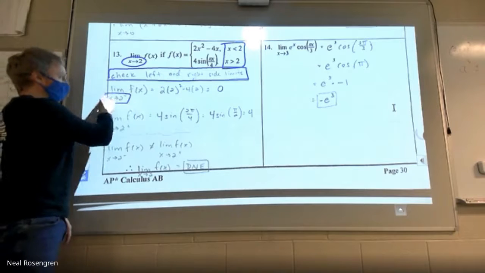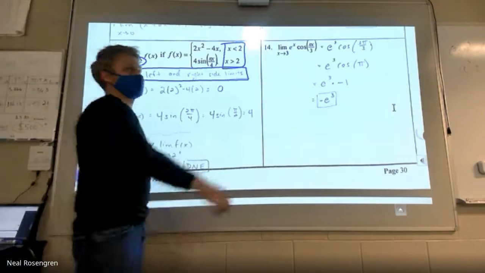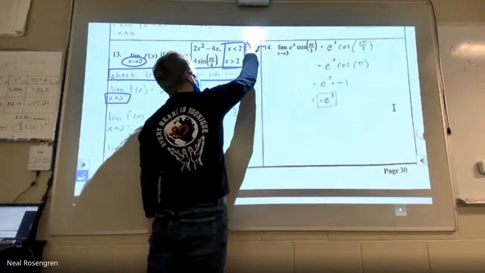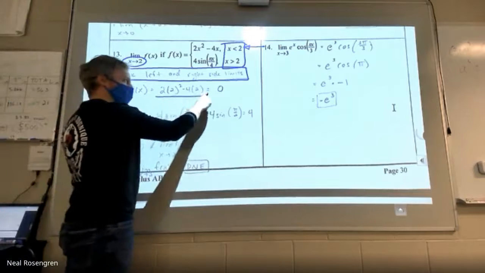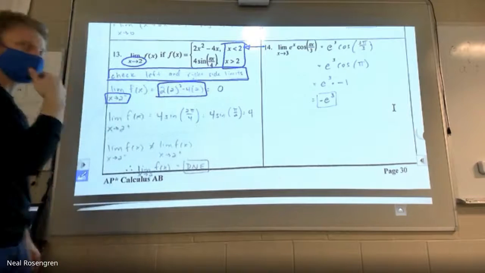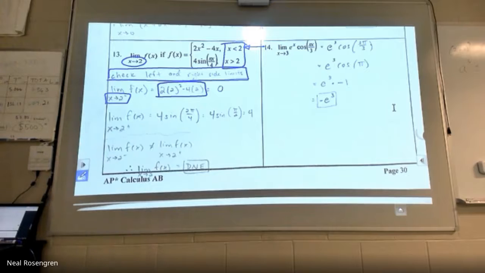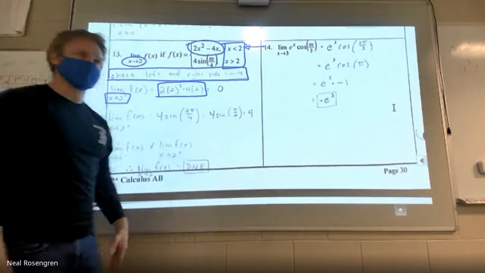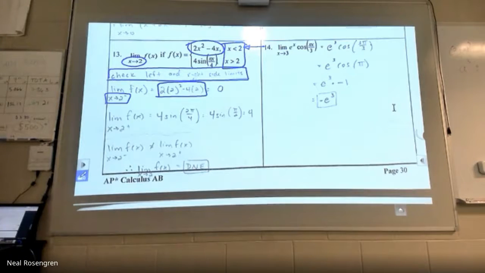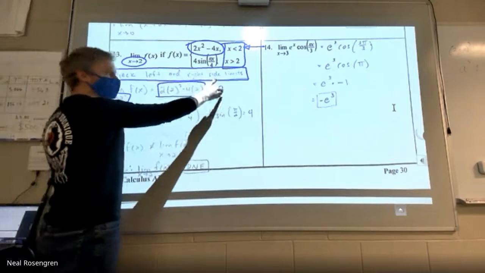Well, if I'm approaching 2 from the left, here's the function to the left of 2, which means I can plug in 2 to that top piece of the function to see what y value I'm getting close to. I'm not actually ever going to get to 2. It's undefined there, but that's the y value that I'm approaching. How do I know that? Because this is defined and continuous everywhere. So I feel really good about just plugging that number in and seeing what I get. And so that's what I did. I plug in 2 to the top one.